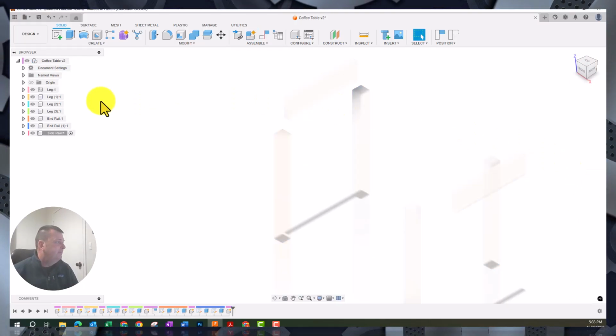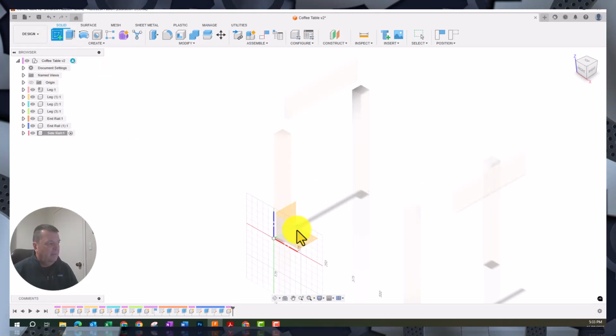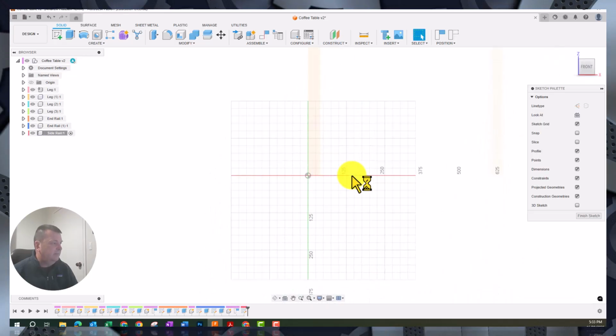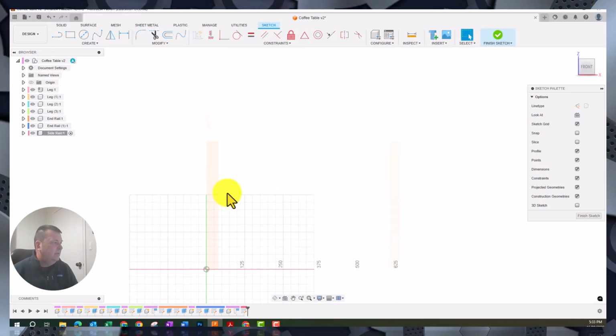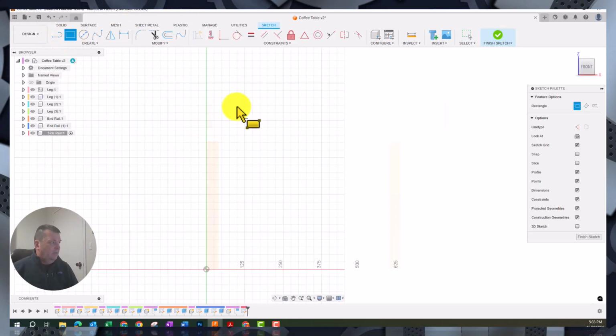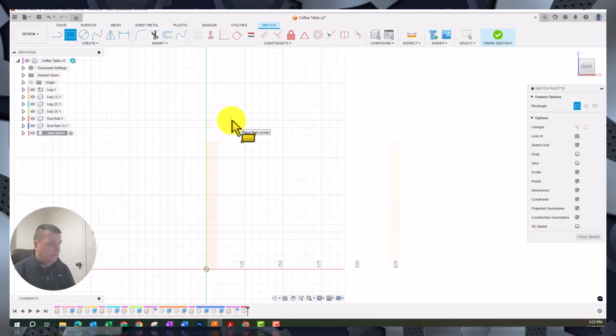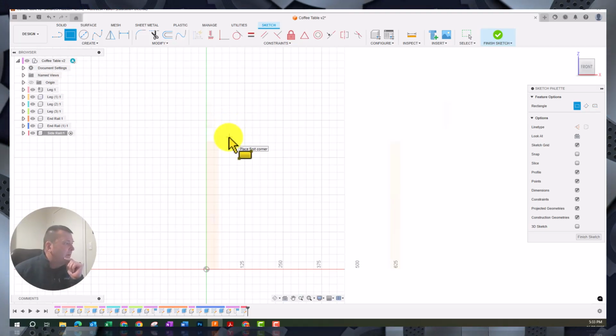Go OK. Get our create a sketch tool, and then I'm going to click on this plane here, which is our XZ plane, capture position. That's fine. And we're going to draw something up here. Now, side rails, I think we made the end rails 90 mils high, and we're going to do the same with this one here. So what we're going to do